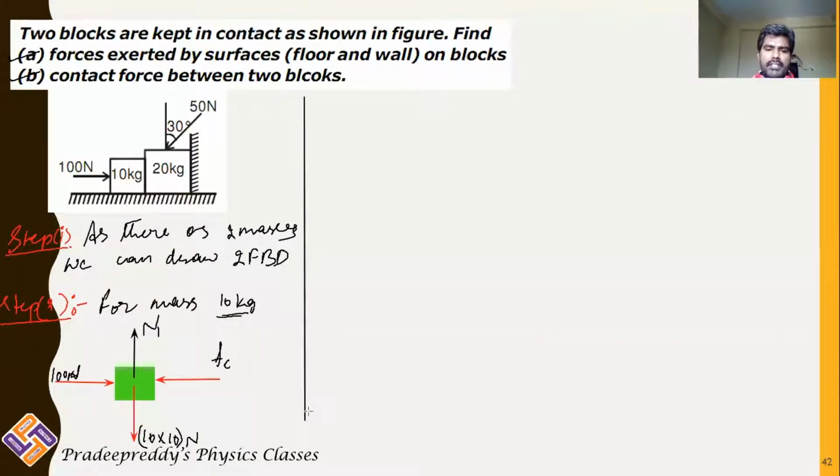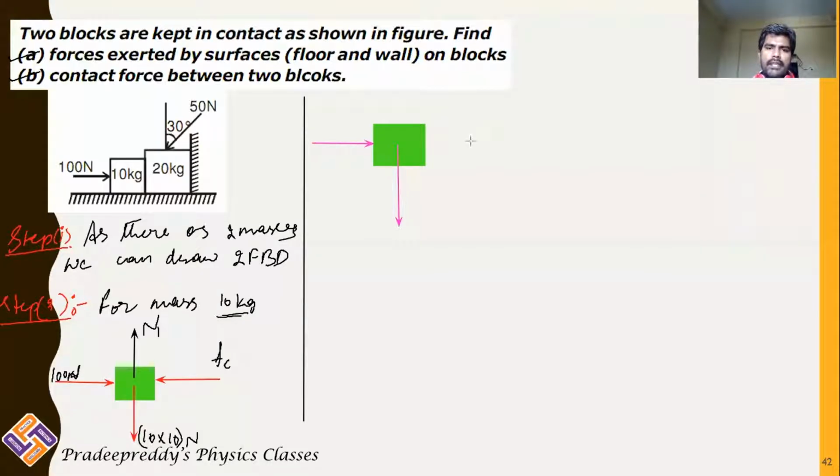Now let us take 20 kg. One more mass. This is the 20 kg mass, and upon this 20 kg mass, there are different forces acting. One is gravitational force, which is acting in the downward direction. And there is a contact force of 10 kg acting on 20 kg. 10 kg is pushing 20 kg to the right because 10 kg is pushed by 100 Newton. So as a result, there is a contact force acting to the right. And the wall force: the wall is not letting the 20 kg move. Therefore,